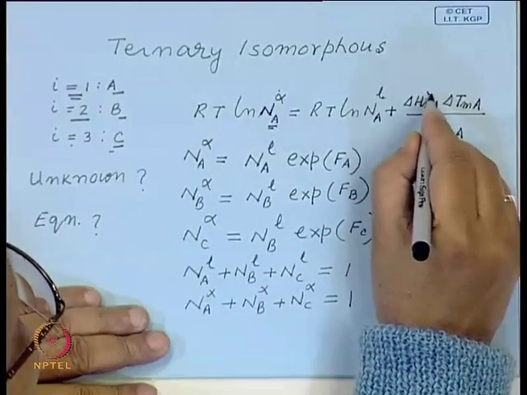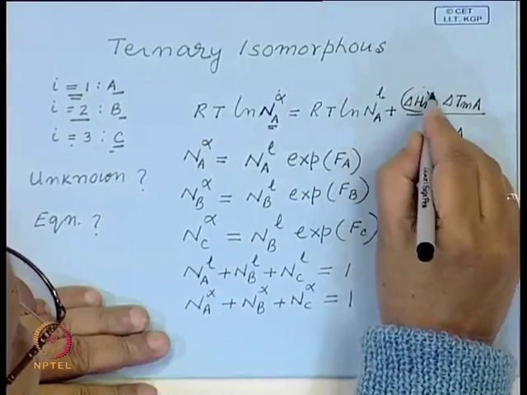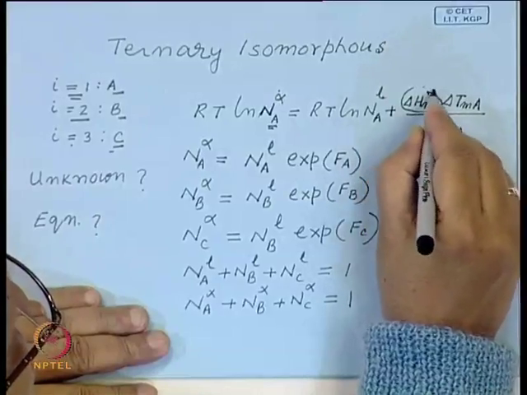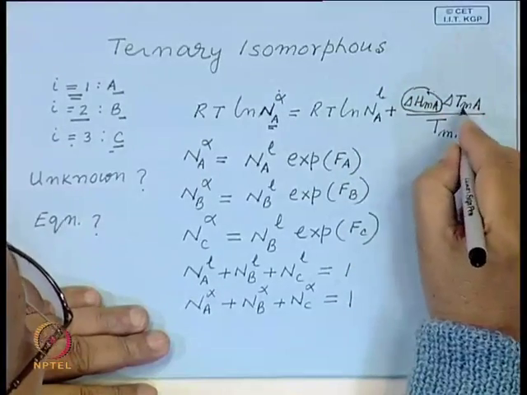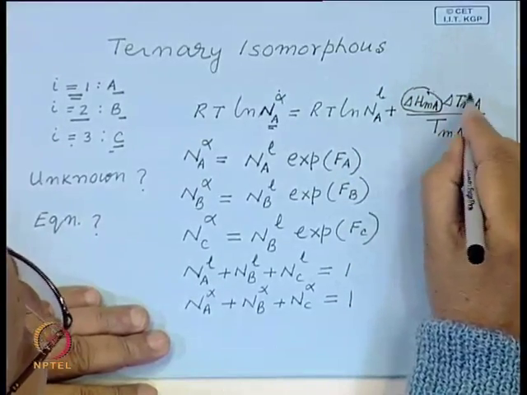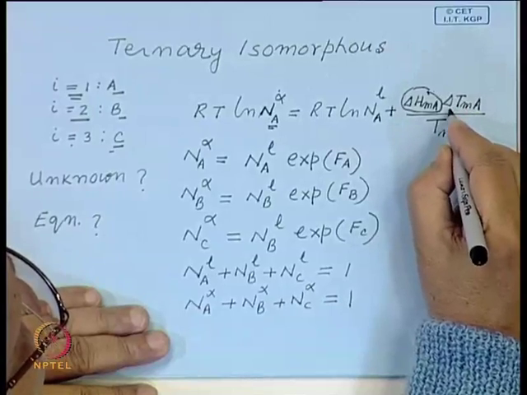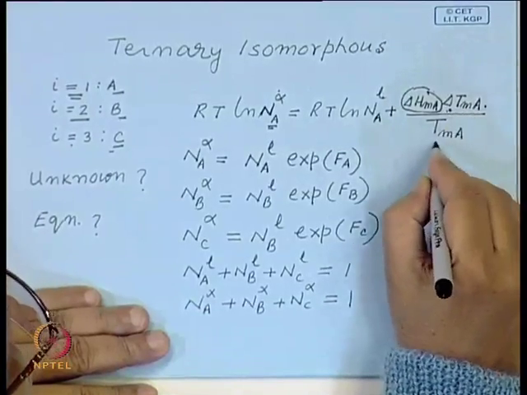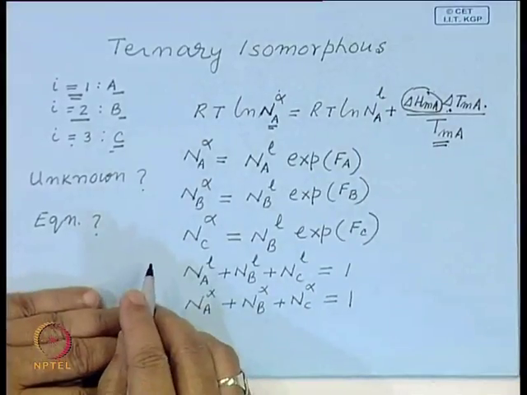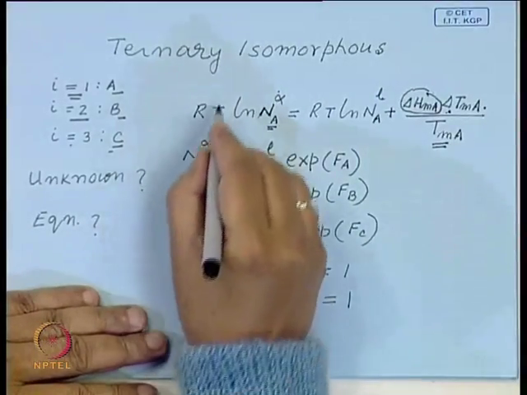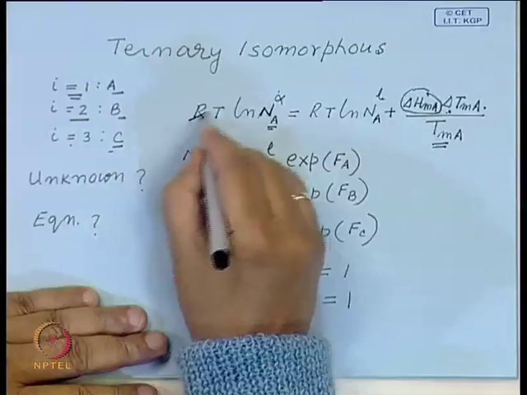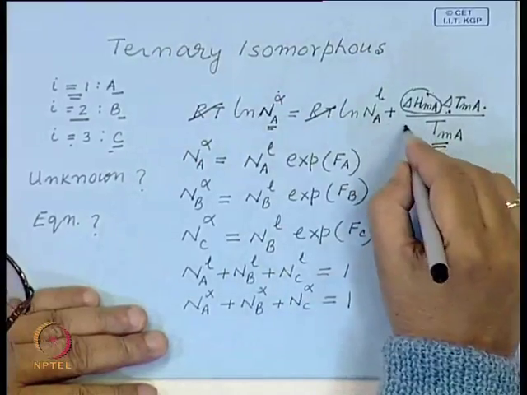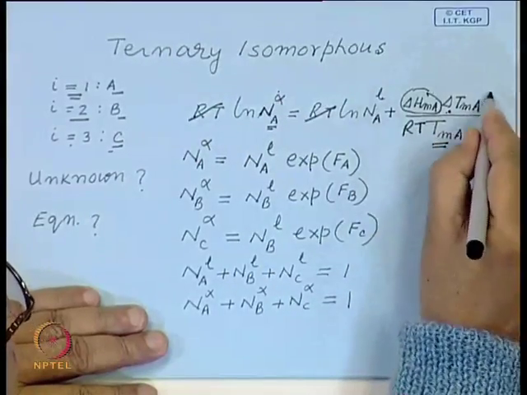This is the enthalpy change of melting or fusion. This is the temperature difference between the temperature of interest and the melting point, and T m A is the melting point of A. And what we have seen, we have introduced, divide all this by R T, and we said